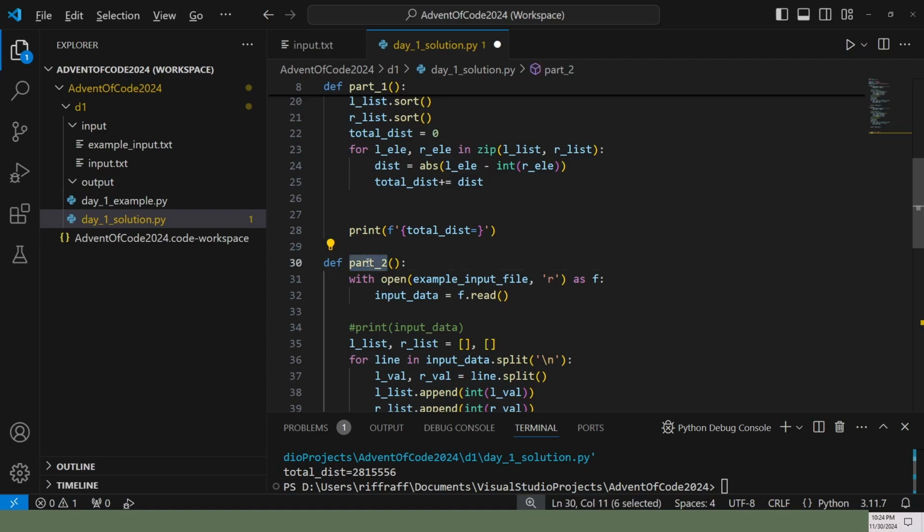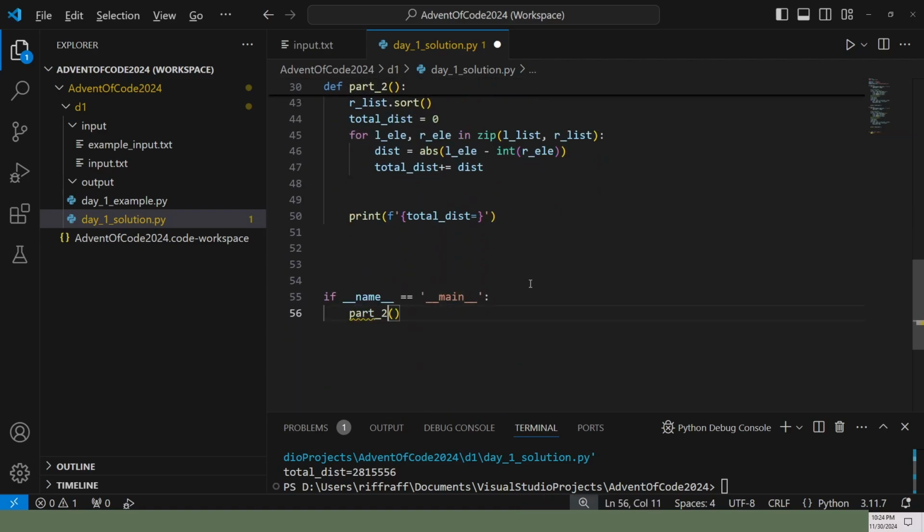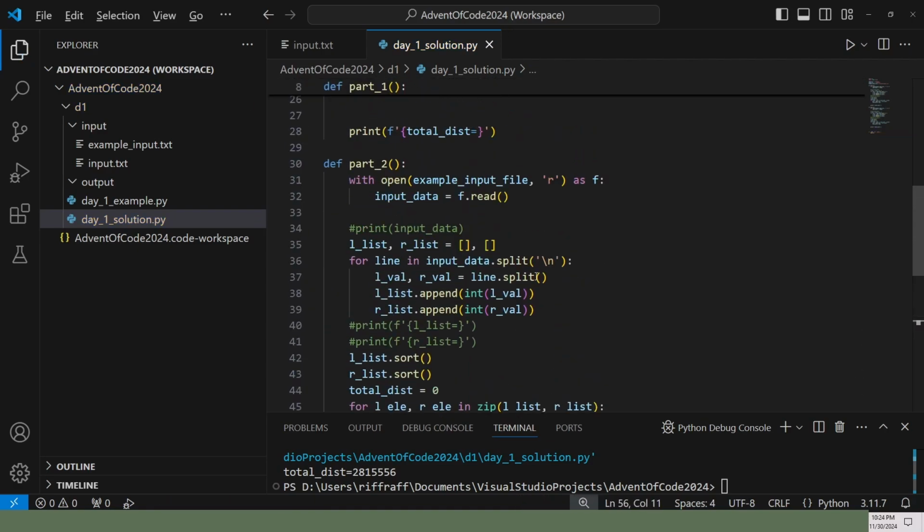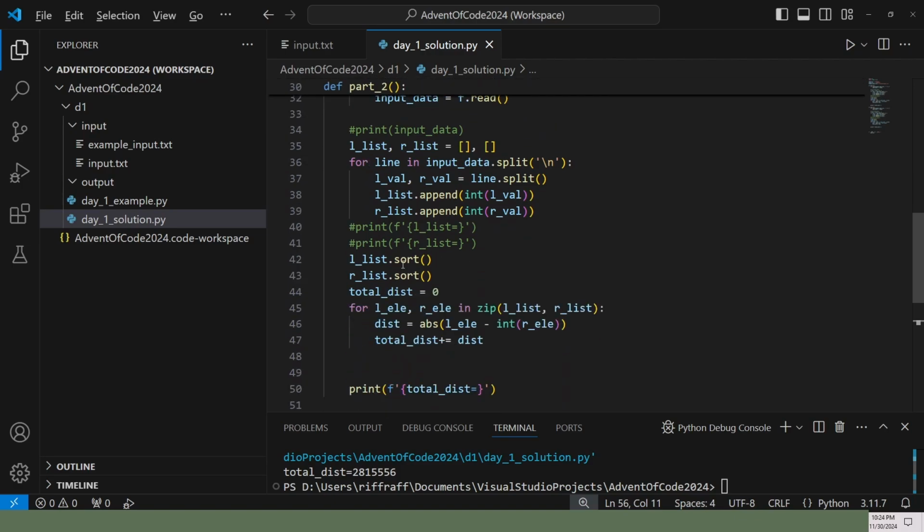Let's make sure we're calling the right function here. So now we're not going to be sorting. Well, I guess it doesn't matter. Ooh, it could matter. It would probably be faster to sort it. We can do it this way. We don't need to sort it.